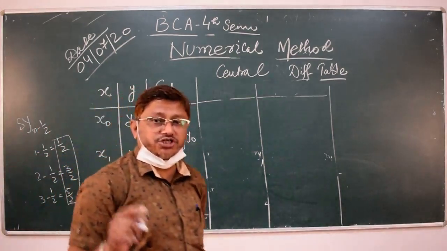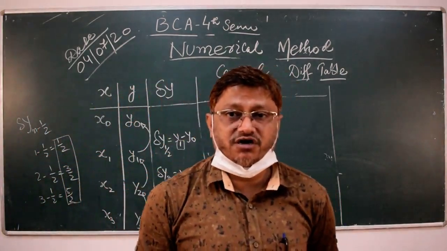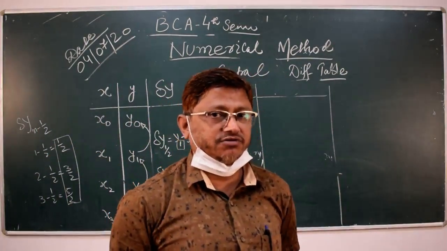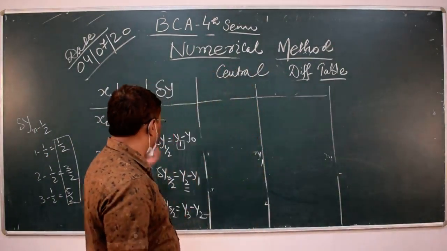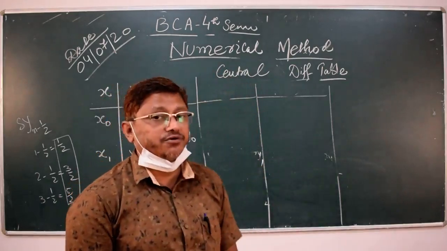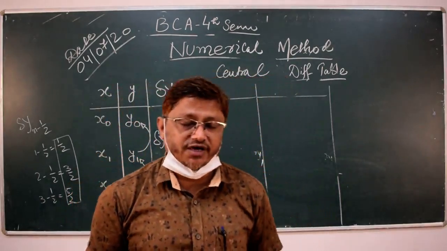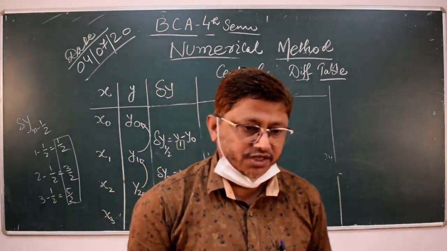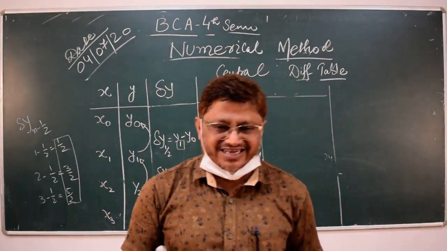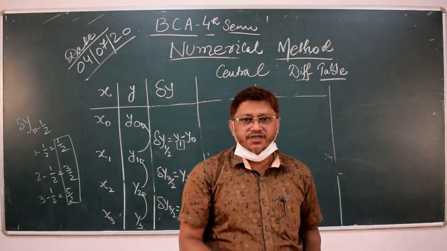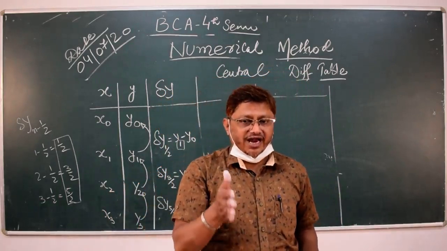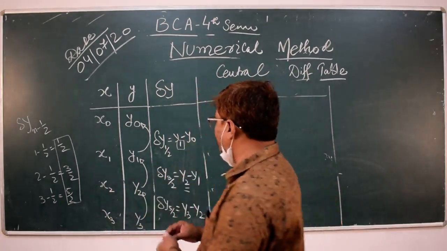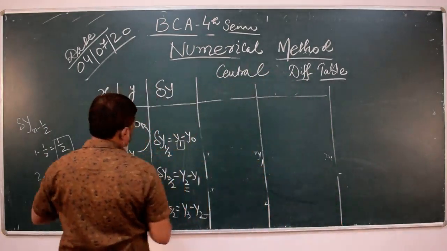in the position of the first difference. The values of the first column of the central difference table will have 1 by 2, 3 by 2, 5 by 2. How to write down 1 by 2 and 5 by 2? As per the formula n minus 1 by 2. The central difference represents the symmetric values of the table, and the symmetric is represented by 2. Then y n by n minus 1 by 2.